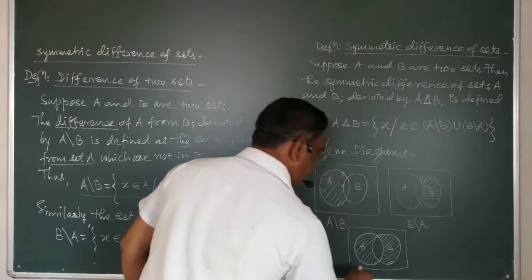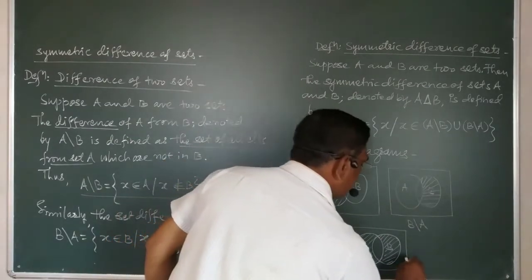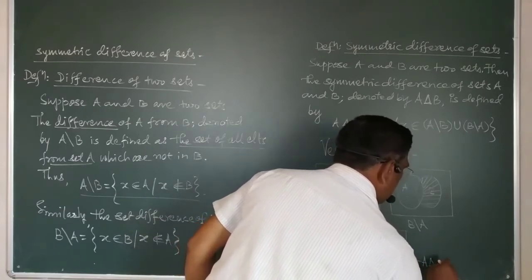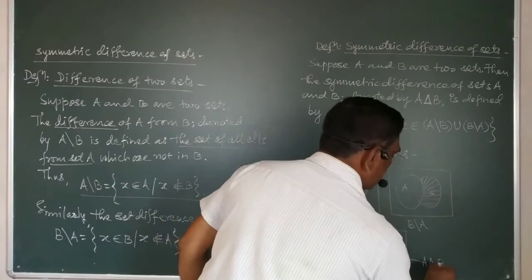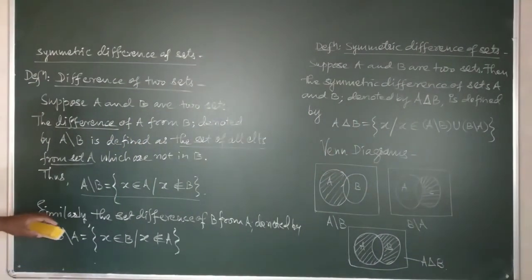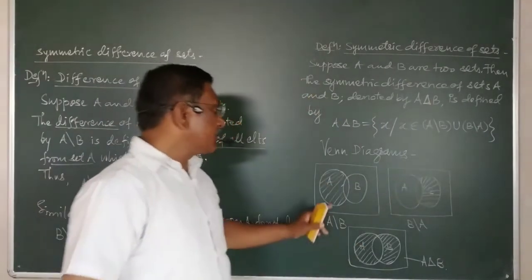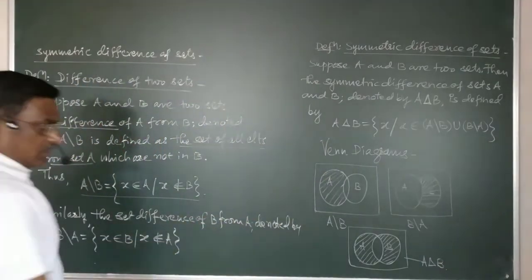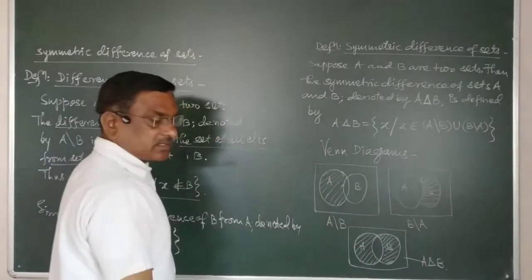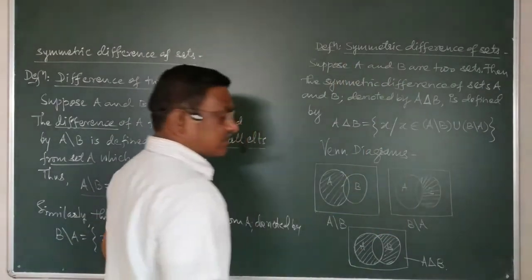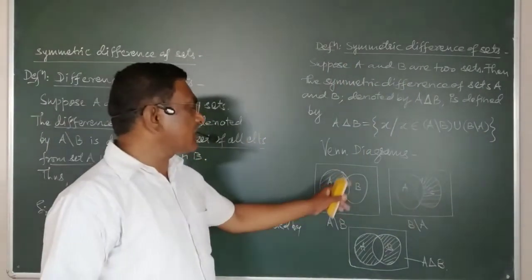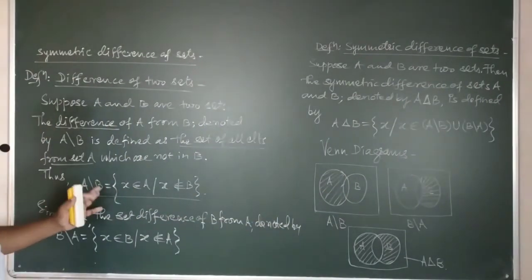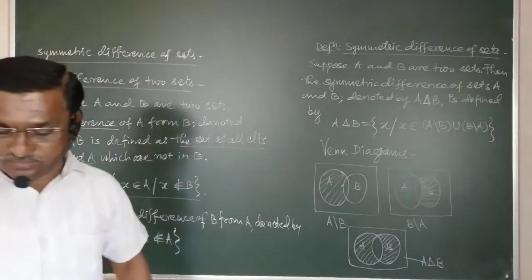Okay, this is the Venn diagram for what? Right here, this is A symmetric difference B. This is the Venn diagram for the symmetric difference of two sets A and B. Try to follow the diagrams as per the definitions. Therefore, the common part is not considered in symmetric difference. Why? Because the common part is not considered in the set difference of A from B and B from A. This is the case there.